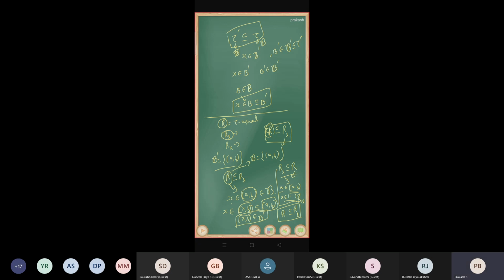So this relation will not hold. So R is properly contained in RL, right? R is properly contained in RL, right? Okay. Similarly, we are going to show that RK is finer than R. That is, the usual topology is contained in K topology, right?